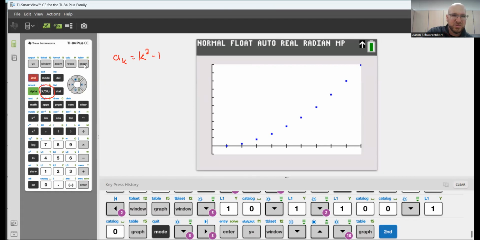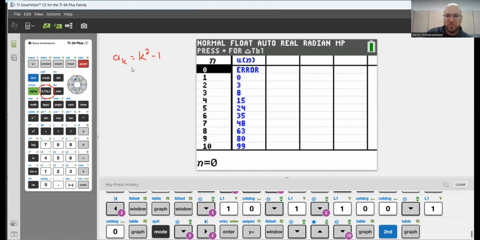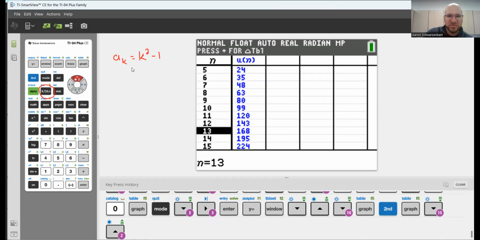If I want to look at the numbers, I can hit second graph, and I can hit table. We don't usually have a 0, but here's all the numbers for you. And it just kind of keeps going. Okay, so these are the numbers of my sequence generated by the calculator. Okay, so using a graphing calculator to generate it for specific terms, well, if I know